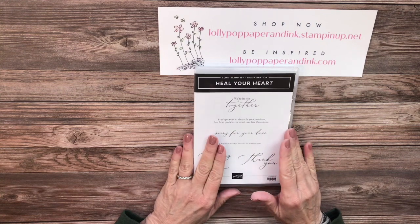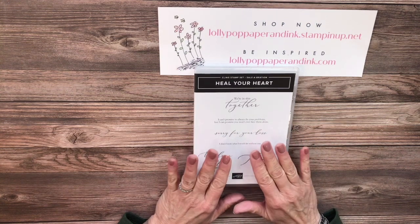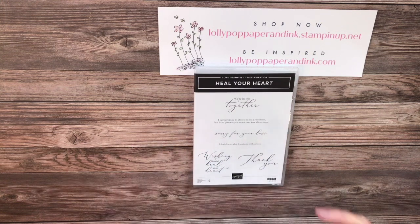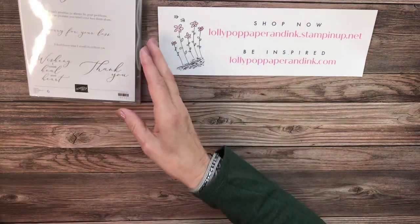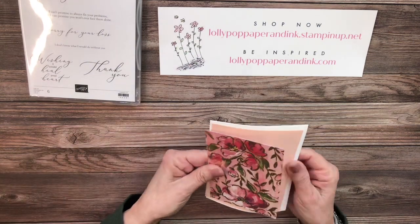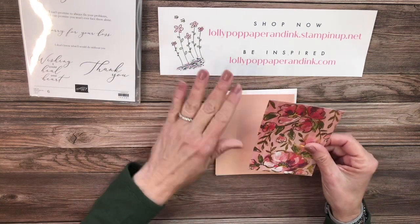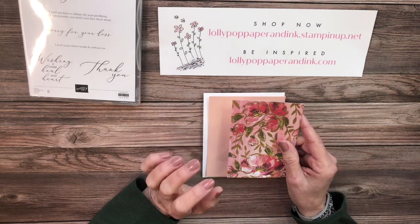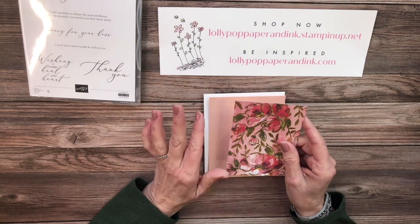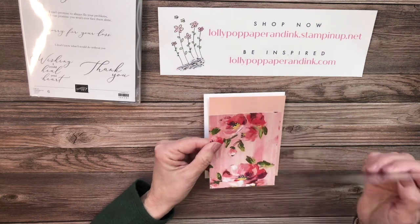I have a few projects that I did using this celebration item in conjunction with a regular item from our catalog, from the new mini catalog. So the first one up, I want to use some of our Acetate. So this is from the Fine Art Floral suite, and it's the Art Gallery bundle, and it has beautiful,